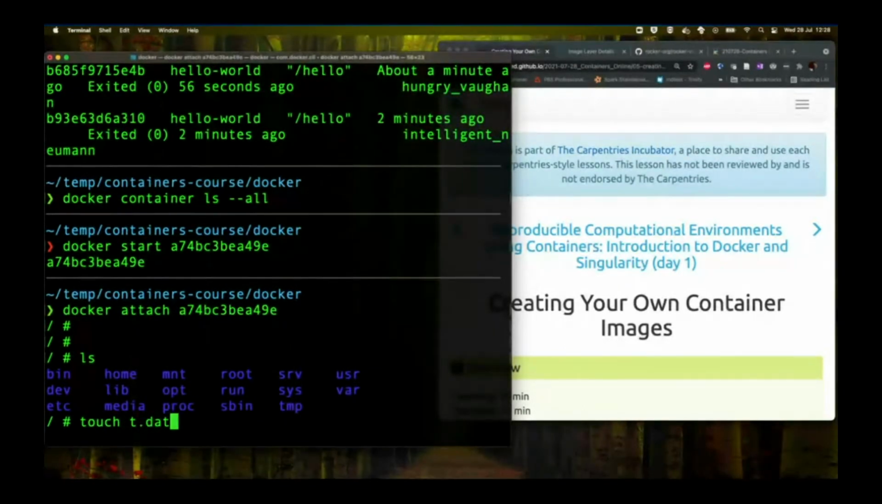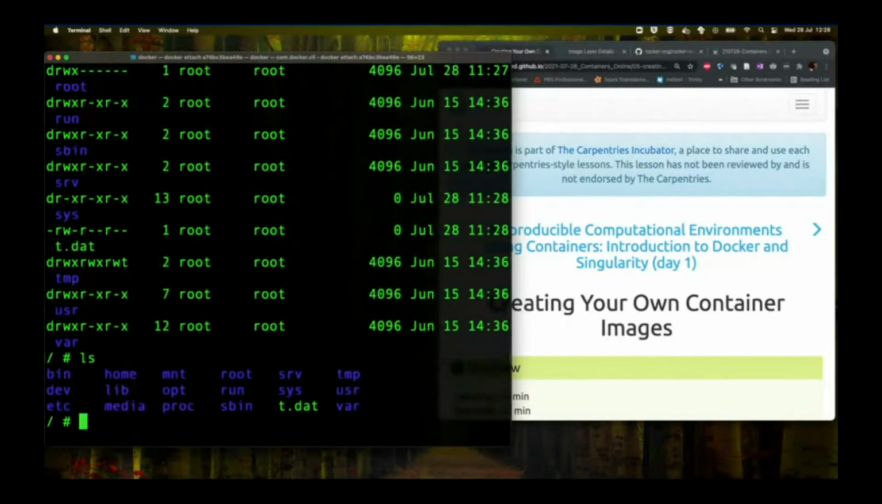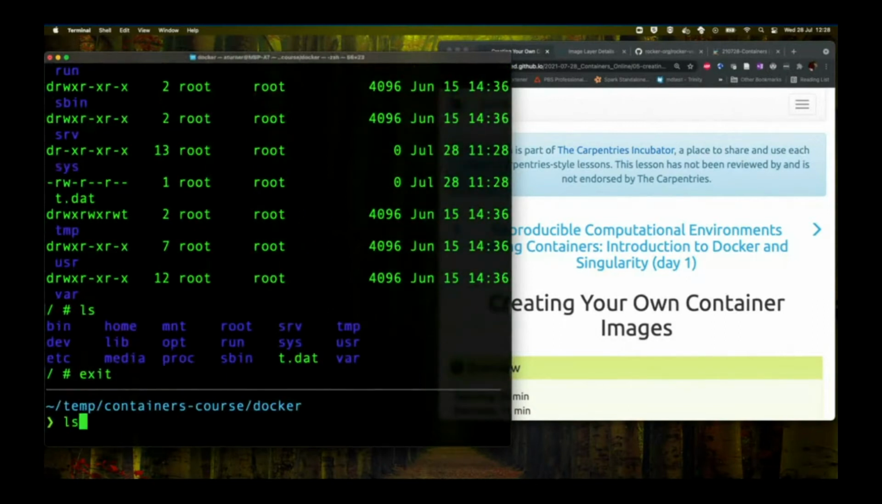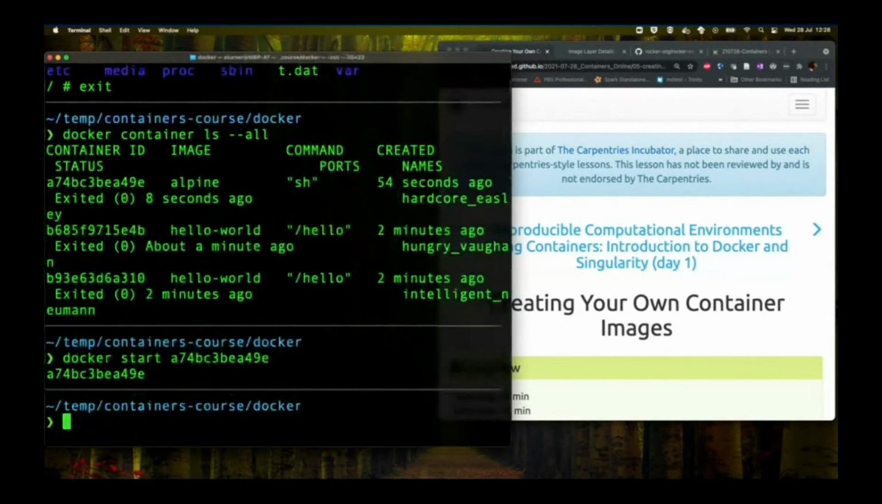Yeah. That's what I was going to say. If you add a file or change. Okay. So I've added t.dat here. I'm going out of the container again. So that one is exited again, right? Yeah. But if I docker restart it,